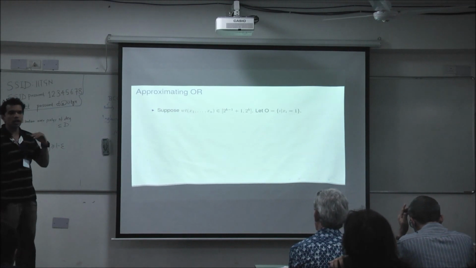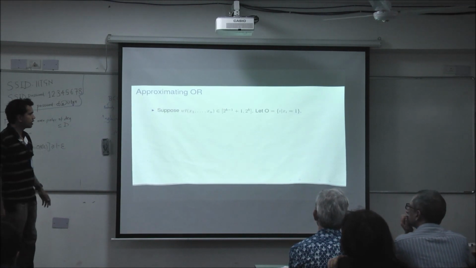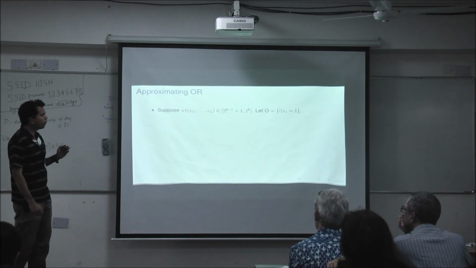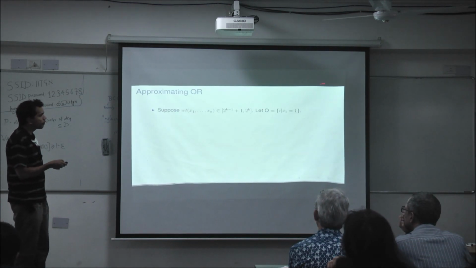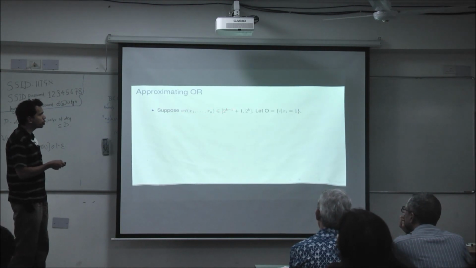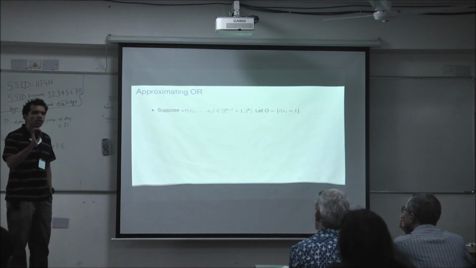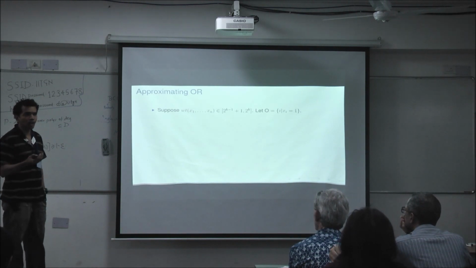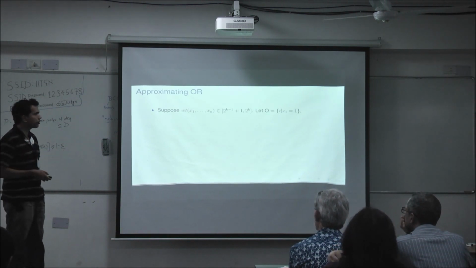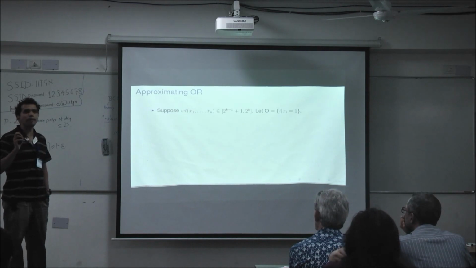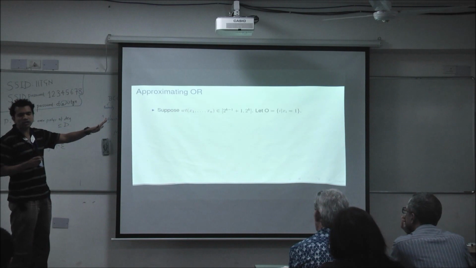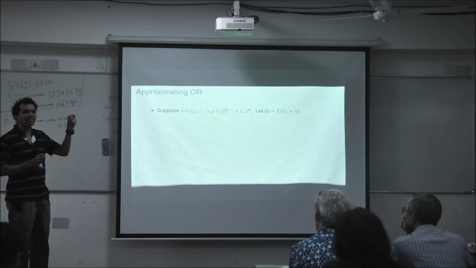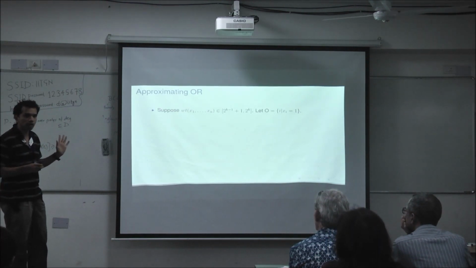So how do I compute the OR function given this? But I have to do it over the reals. Well, it's a very simple idea. Let O be the set of indices where this input vector x is 1. That's a set of size between 2^(k-1) and 2^k. What we're going to do is randomly sample from O. Of course, we don't know O because we don't know the set of indices. But we randomly sample with some probability that ensures that, since the size of O is something we roughly know, we end up sampling exactly one element of O. That's the idea.